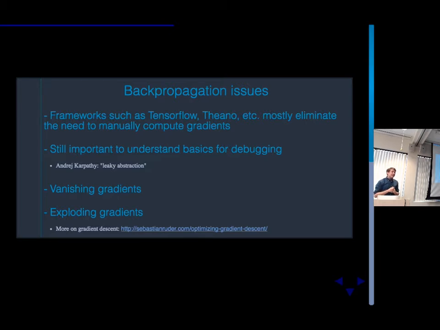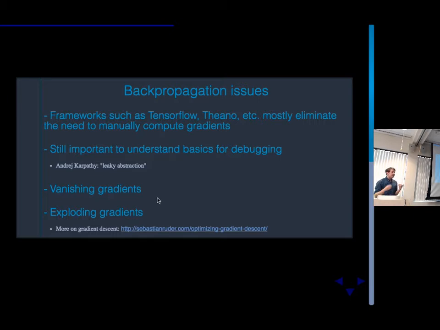But it's still, in my opinion, important to understand how this works because of this problem that we mentioned before of getting into these local minima that are actually quite bad and you don't want to be in. It's important to understand how your training procedure works so that you can diagnose when it's failing. There's this idea of backpropagation being a leaky abstraction, which means you think you know how it works at a very high level, but if your understanding is a bit removed from what's actually going on and you don't understand the gap, then you can get into trouble.